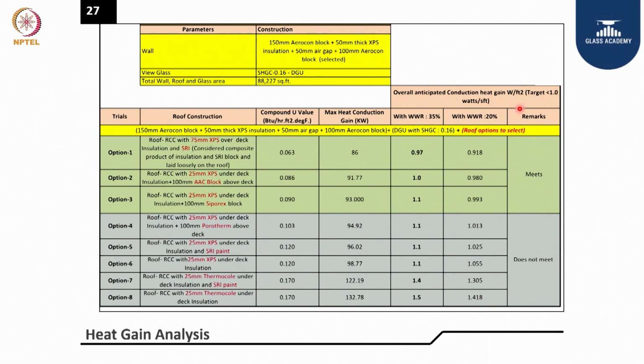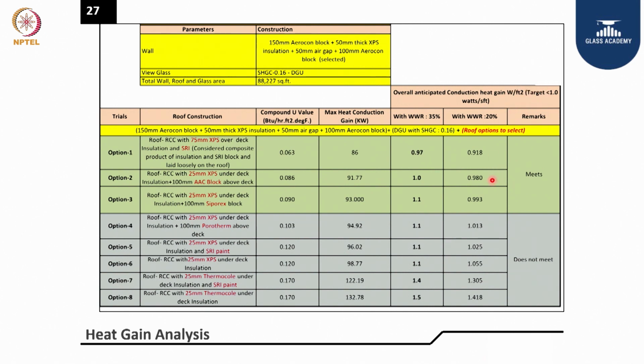So without doing this, you can't understand your building as a whole, how the conductive heat gain or relative heat gain is having an impact on your building. So you need to bring this kind of chart in at the beginning, and select the best suited wall, roof and glass option to get the overall conductive heat gain below my target.